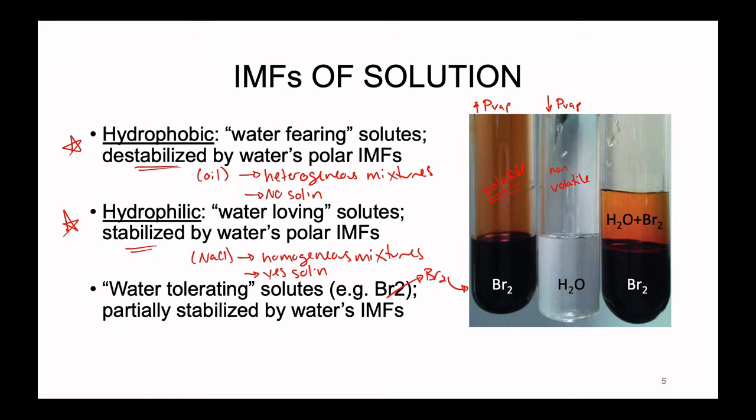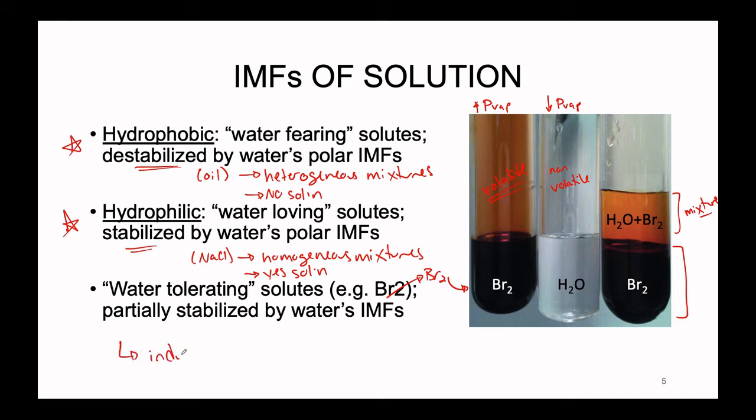All right, if we mix, though, liquid bromine with liquid water, what we can see is two layers that form. The first is brown water, which we can conclude is the result of water mixing with a certain amount of bromine, but then we can see that there is another layer that still exists down below, where there is a lot of excess bromine that is not able to be stabilized by water. And so here's where we acknowledge the balance of the intermolecular forces. Up above, we do see that there is a mixture that is forming. We do have a solution, and so we can rationalize water's ability to stabilize some of the bromine through what